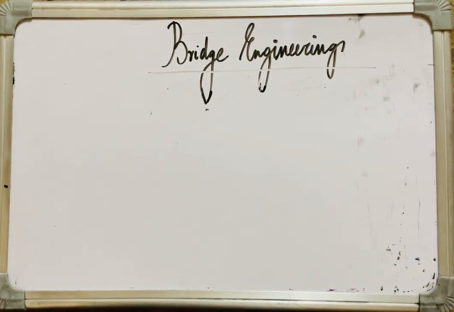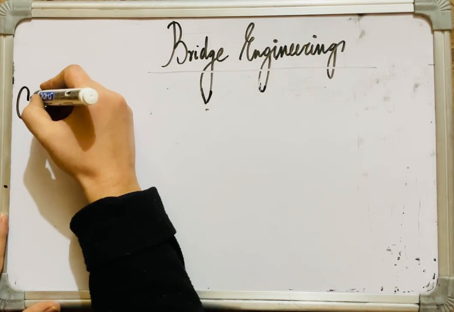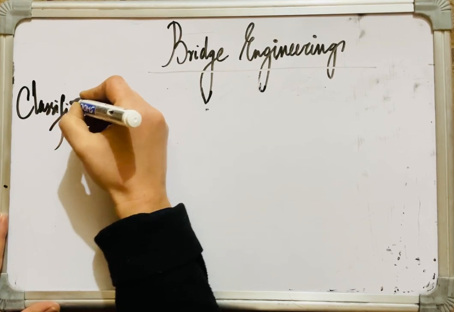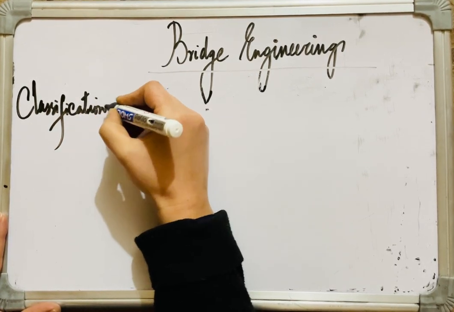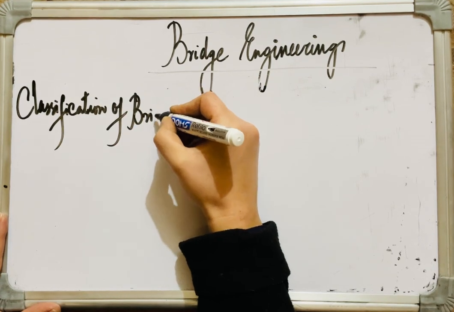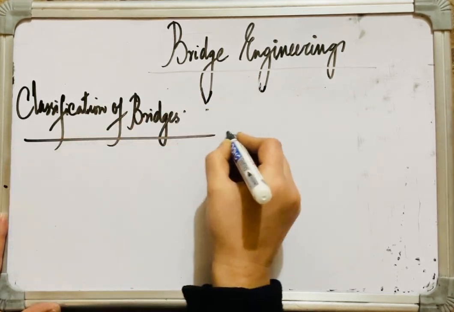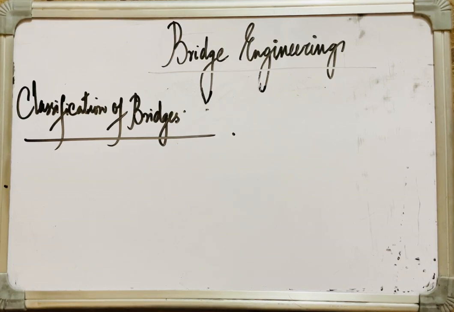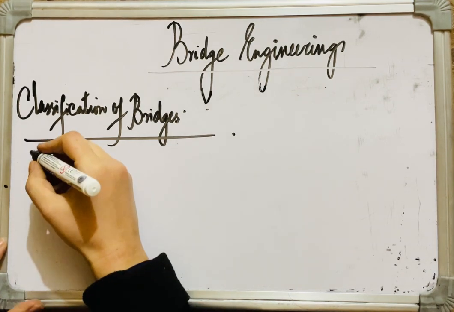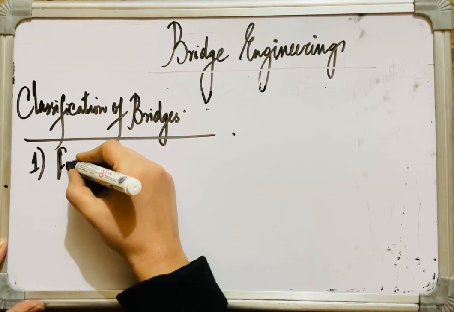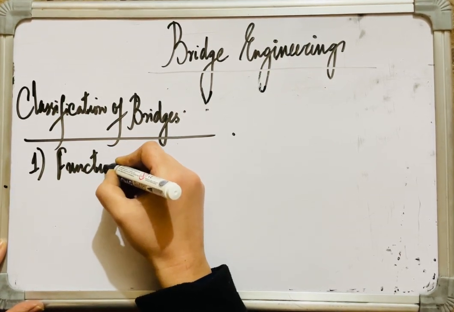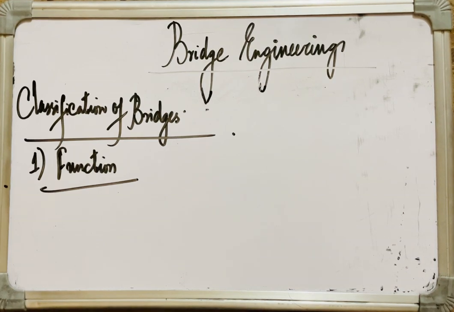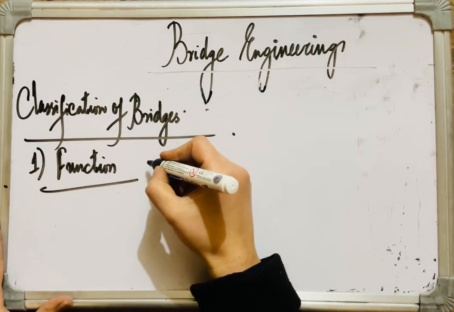All right, now the next topic is the classification of bridges, wherein we'll study the classifications based on various types in case of bridges. Bridges may be classified in many ways. First one, according to their function. According to function, the bridges may be classified as aqueducts,